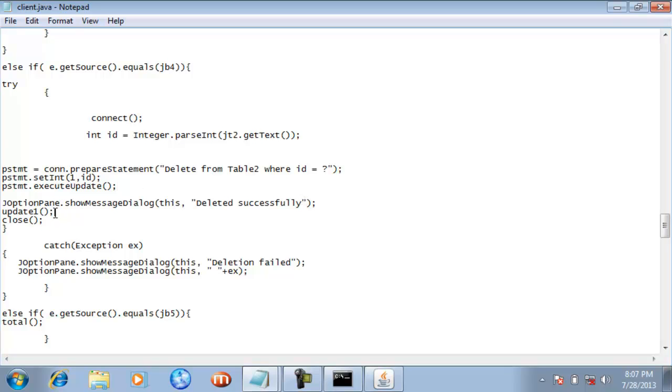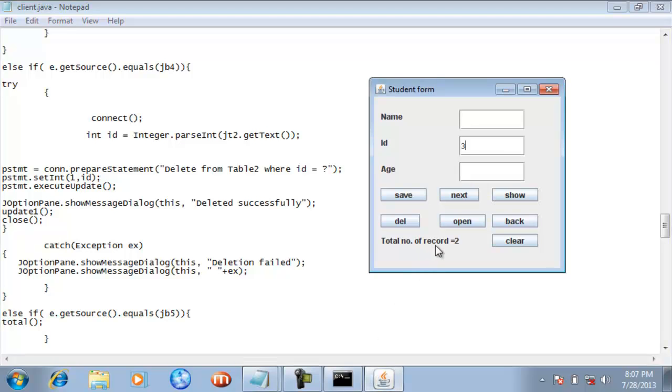And again I have called the update one method. With the help of the update one method, the total number of rows which is displayed here will get updated, and now you will see that the total number of records has decreased from 3 to 2. So this updated number is seen due to the calling of this update one method.